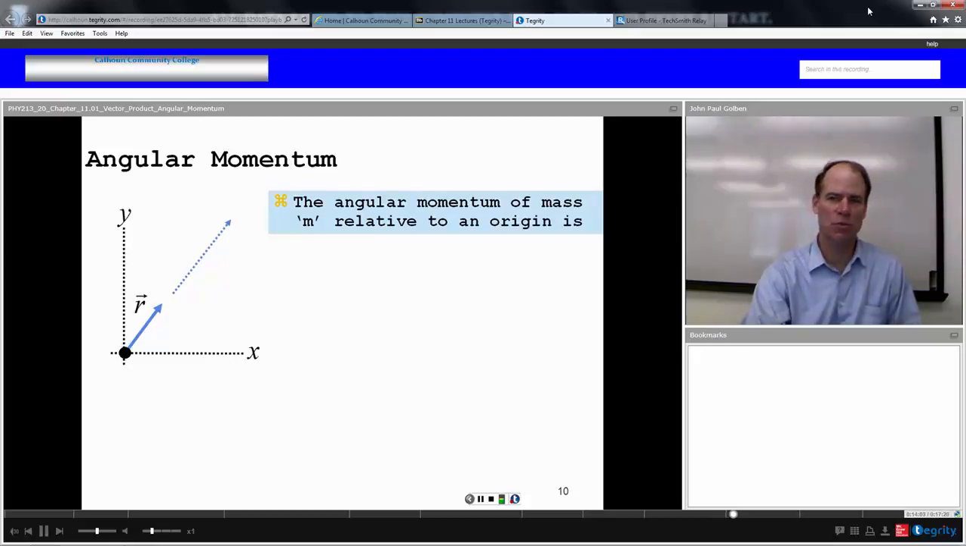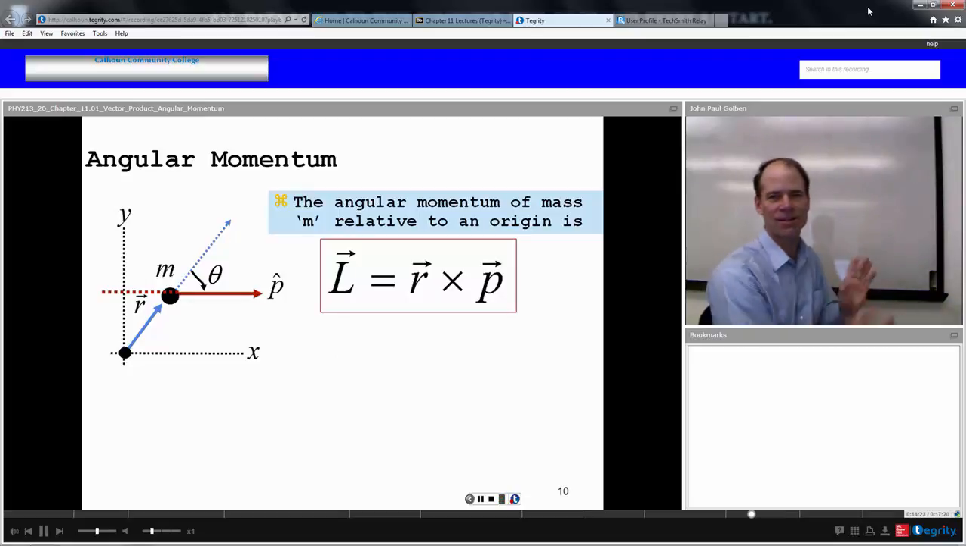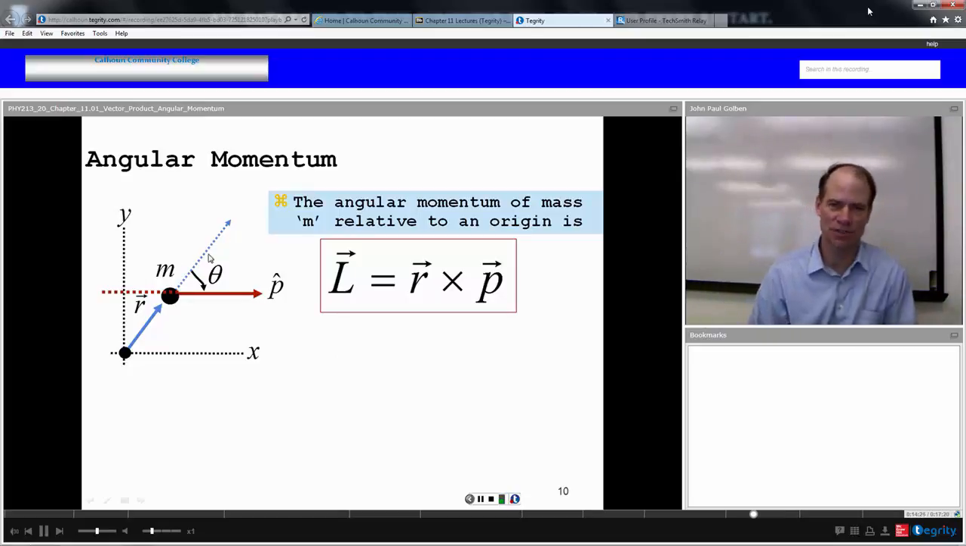The angular momentum of a mass relative to an origin is equal to the cross product between a radial vector to a point and the momentum vector at that point. And it's represented by L, an L vector, and the L symbol kind of looks like an angle. So maybe that's why it represents angular momentum. So the angular momentum is equal to r cross p,